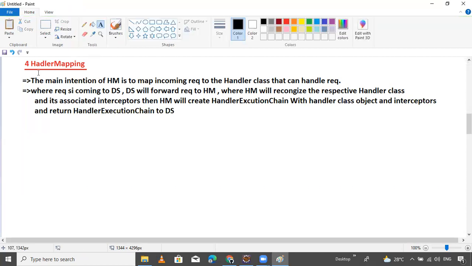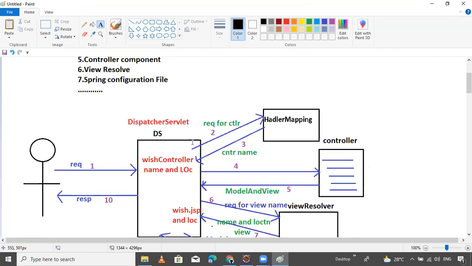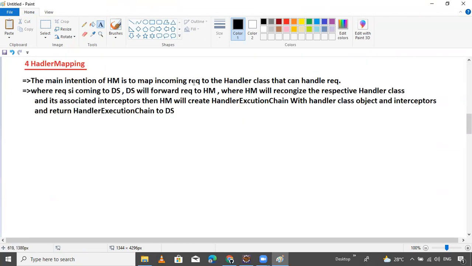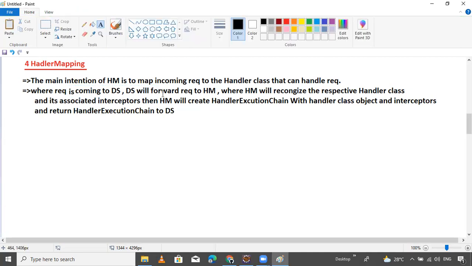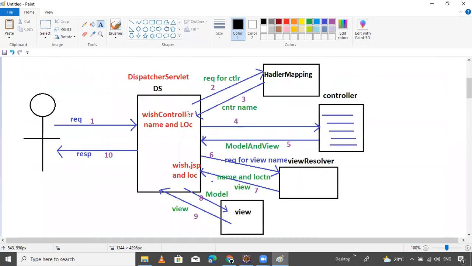This is the total definition of handler mapping. Only handler mapping does this work. But the main intention of handler mapping is to map the incoming request to the handler class that can handle the request.